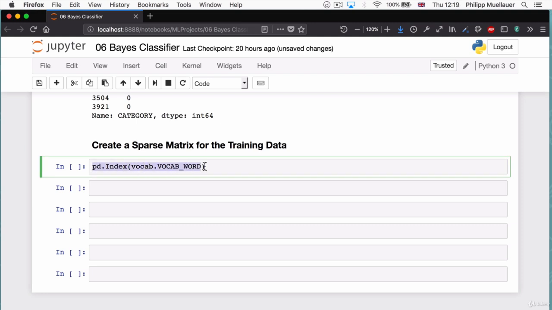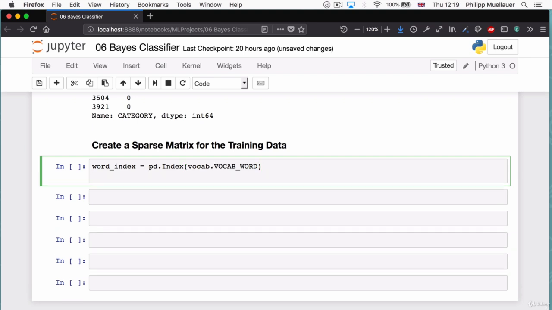This will create an index from a particular column in a data frame. Let's store this in a variable called word_index. So word_index is equal to pd.Index parentheses